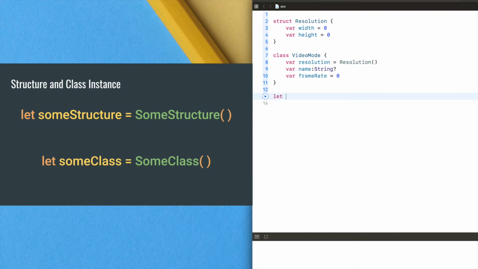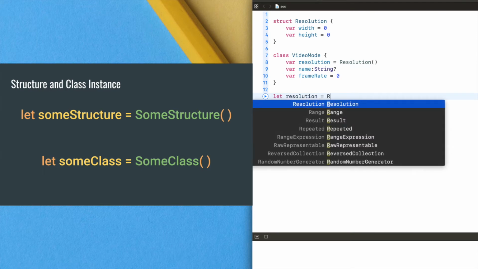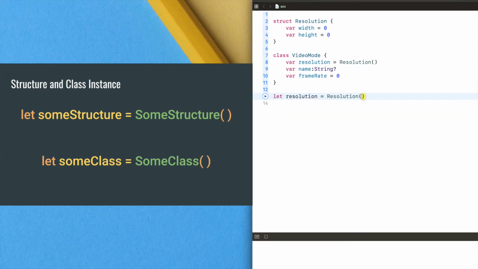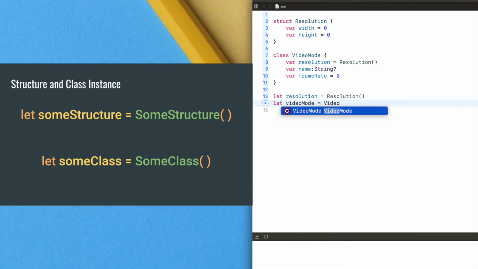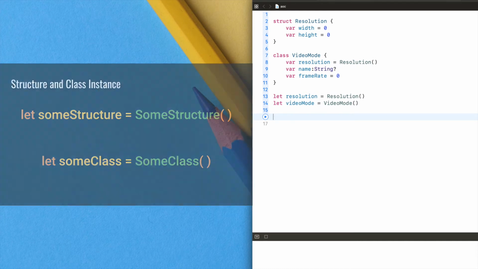For example, let resolution is equal to resolution with parenthesis, and let video mode equal to class name and parenthesis. Okay, this is a method of creating instance of a structure or a class.